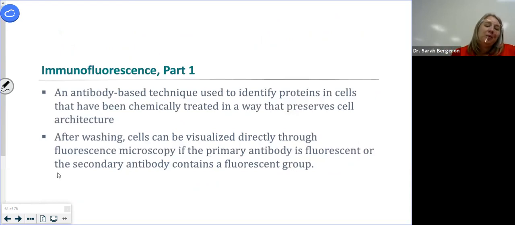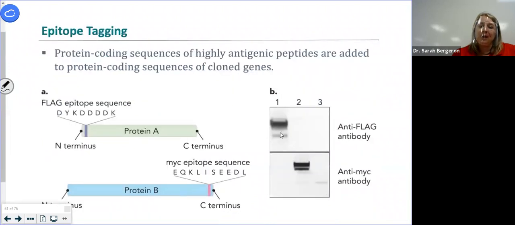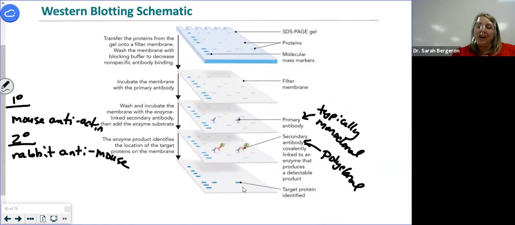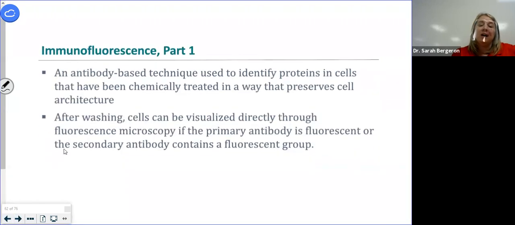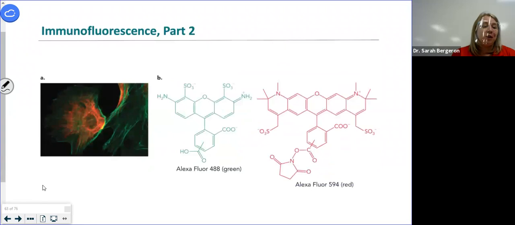So we can do antibodies where we look at things in a gel, right? That's everything that we've done here. This is an example of a Western blot. This sequence, like at the very end, when you get this as a picture. But you can also do it in cells. And so you basically fix your cells to a glass slide and you punch holes in them, right? So they can't go anywhere. And then you put fluid on top of them that contains the primary antibody, you wash it, you put the secondary antibody, you wash it, and then you go and view them, right? And so let me show you a picture of what you see.